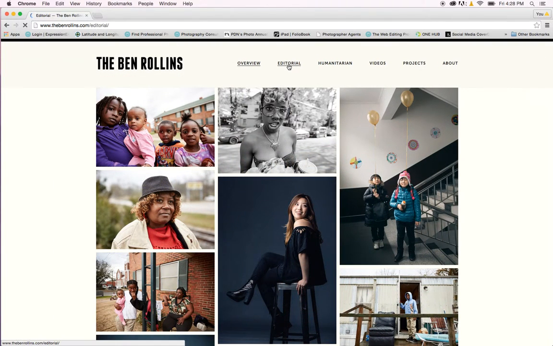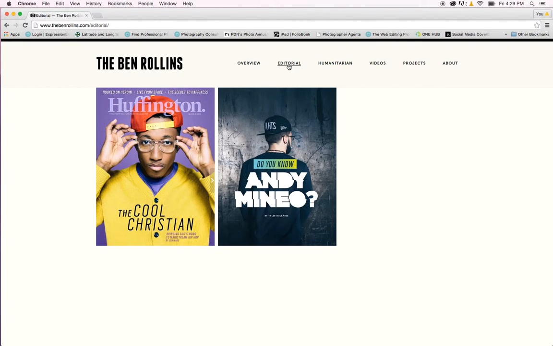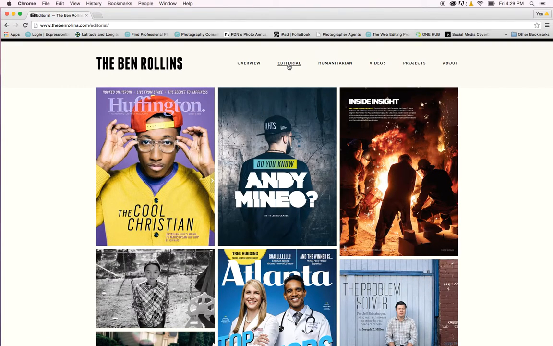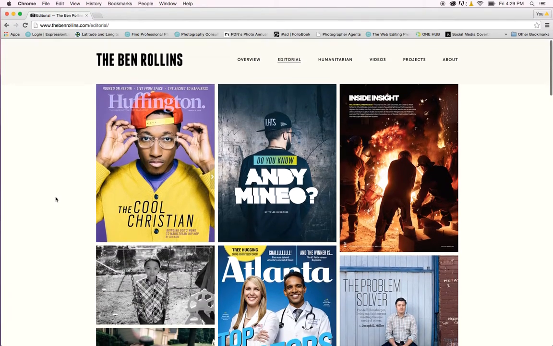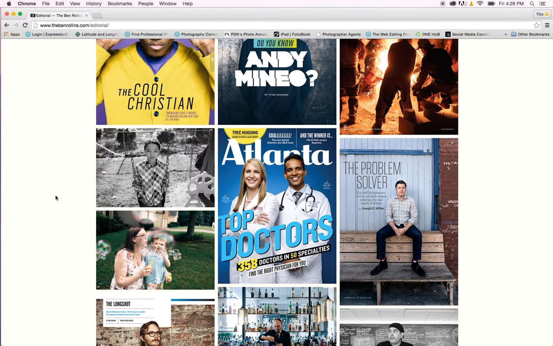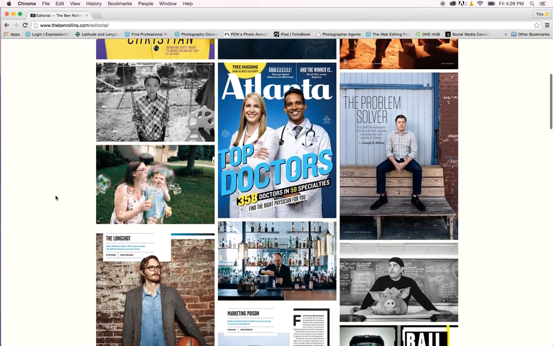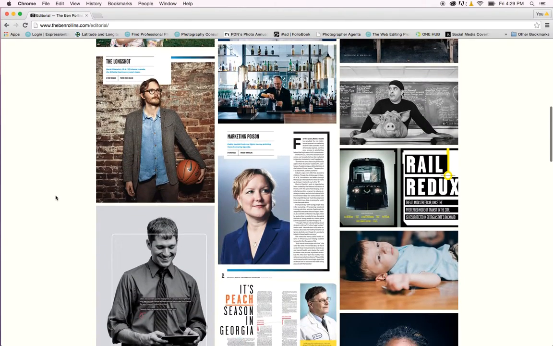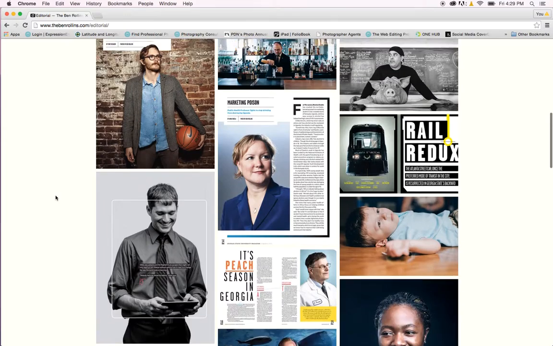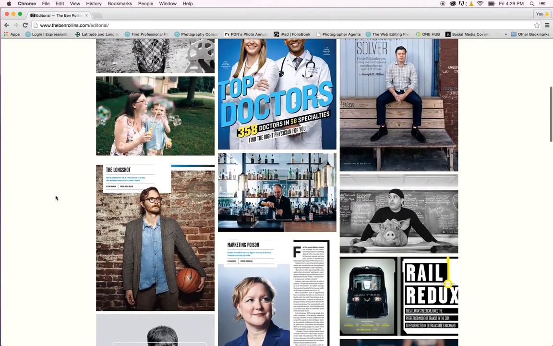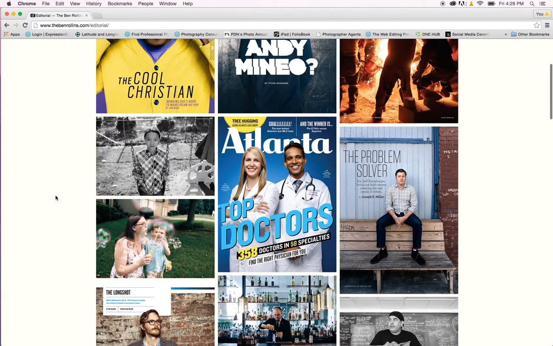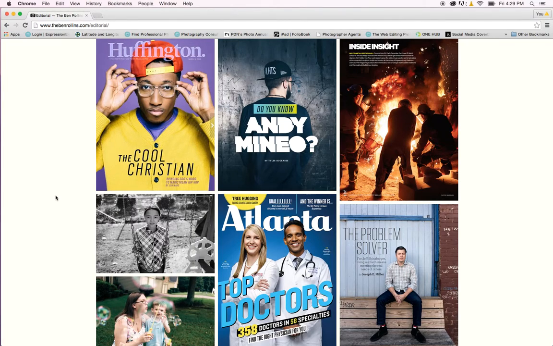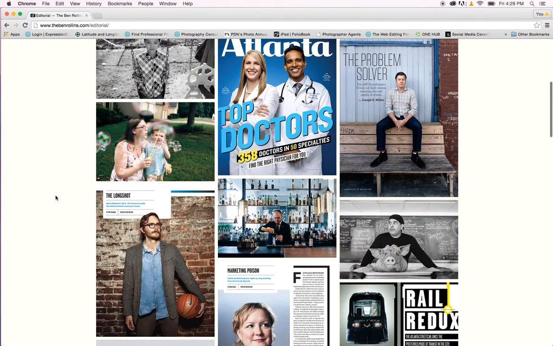Let's take a look at Ben's editorial gallery. Again, something we would advise against is titling a gallery editorial. It's a pretty broad range of work that's considered editorial, a pretty broad range of clients that are considered editorial clients. So ideally with this category, what we would do is take the editorial portraits out and try to put them in a category of their own and separate the tear sheets and put the tear sheets into a category